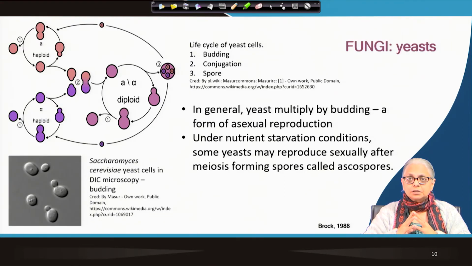What about yeast? Yeast, like I said, are used for making alcohol. They are used in baking bread and cake and all of that. So there are two methods that yeasts are capable of using for their reproduction. The most common one is budding. Budding is asexual reproduction. It's not like binary fission, where the parent cell ceases to exist and two daughter cells are formed. Unlike that, the yeast will replicate the DNA, it will create a small bud into which